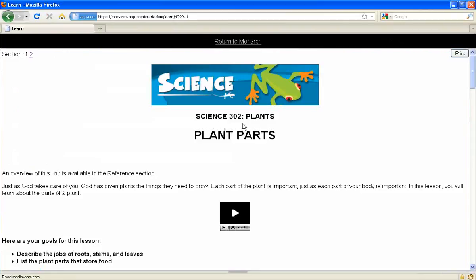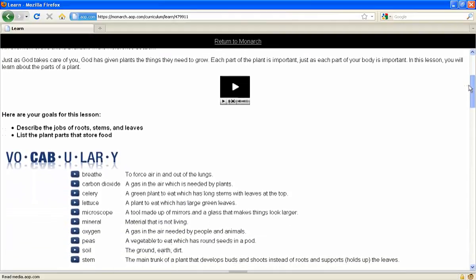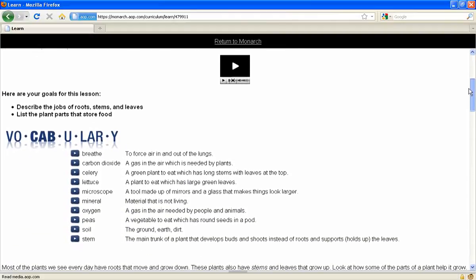In a unit entitled Plants, let's look at a lesson called Plant Parts. Most Monarch lessons begin with a brief introduction and a list of objectives for the lesson. These objectives help students stay focused on important lesson content and provide parents with an effective way to measure mastery